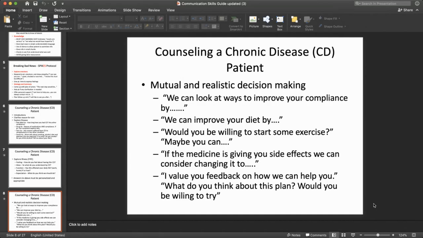So some of the terminologies or the wordings you would use to gain that patient's trust and cooperation with things like, we can look at ways to improve their compliance by, so you're not going to tell the patient they have to take their medications twice or 3 times a day, and they must take drug X, Y, and Z, but rather we can improve your compliance by perhaps using combined drugs, where they combine different classes so they're less likely to forget. Or we could suggest they get a pill box and have their medications packaged out on a